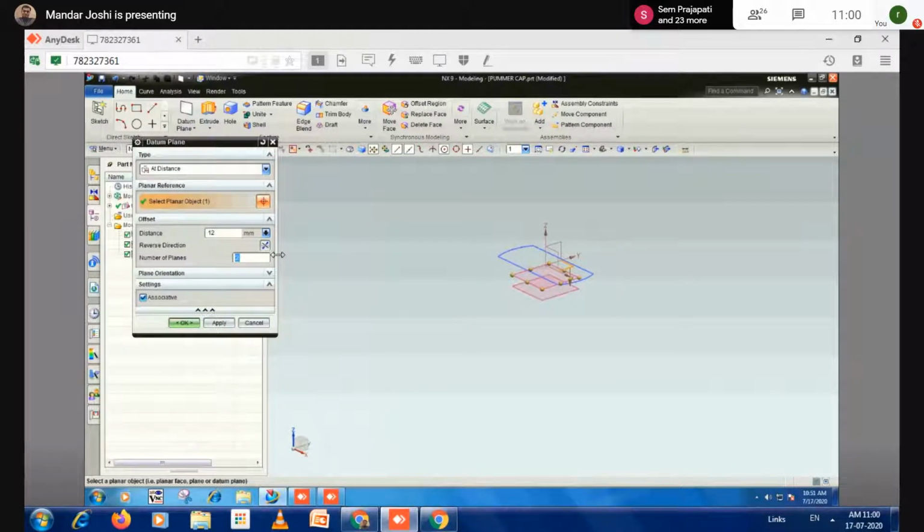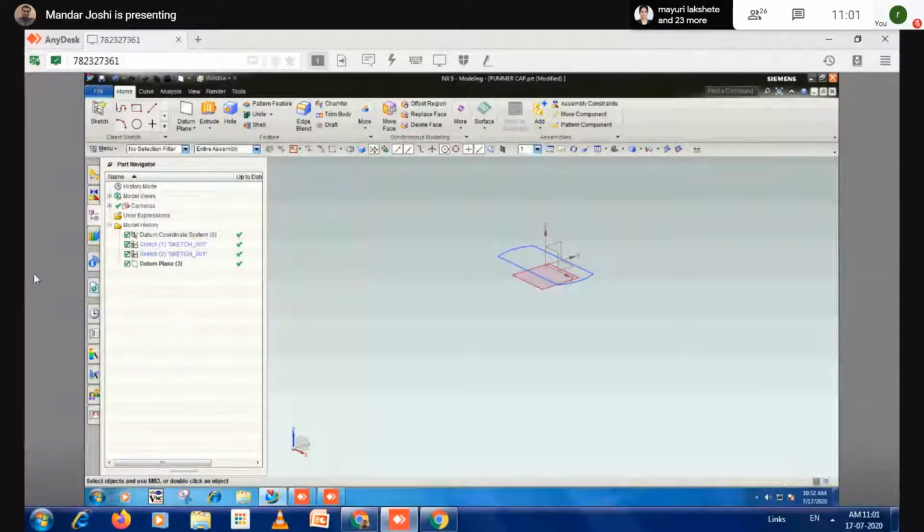Now it shows the two planes, and if you increase the number to 3, it will show the 3 planes. Are you seeing the different planes? So multiple planes we can put here. Currently I want only one. Then press enter, and I click on OK. One offset plane is created.